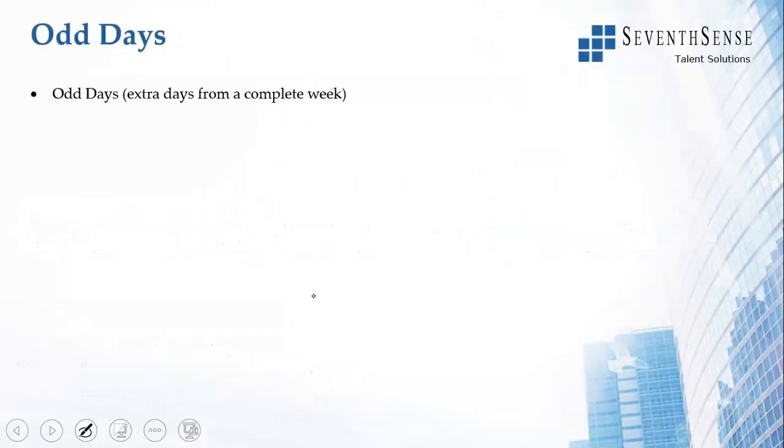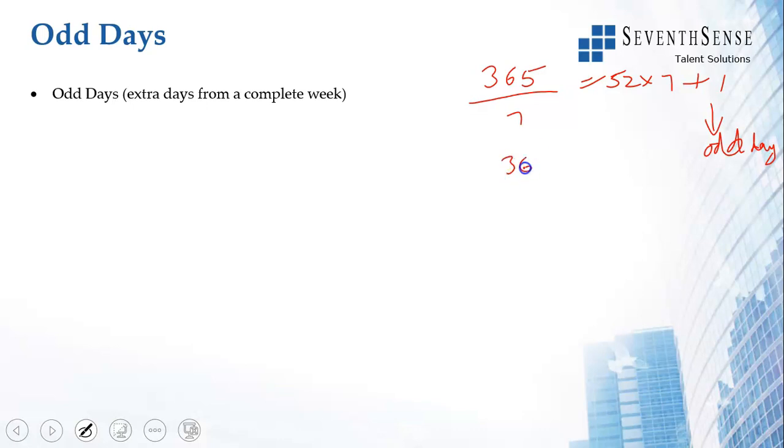So odd days, as a recap, are the extra days which are not a part of a complete week. So we looked at an ordinary year having 365 days. If you divide 365 by 7, you get 52 into 7 plus 1. This is the odd day, which is not part of a complete week. 366 by 7 for a leap year is again 52 into 7, but 2 is the remainder. So this is the odd day. So whatever odd day you get,